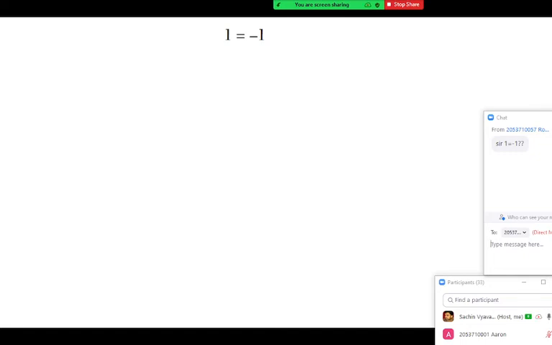Yes, Rohan is asking what is 1 equal to minus 1. Okay, so the statement is known as a false statement, obviously. It is known as a mathematical fallacy. So this is one of the fallacies that you have. Why have I written this fallacy actually?